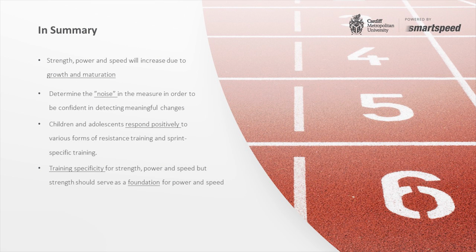So it brings us to our conclusions. Okay, so we can increase all our qualities just with growth and maturation. That happens in youth. We need to take that into account. To do that, we also need to look at how reliable our measures are, and thankfully we can see that we've got a lot of reliable metrics. We also then need to